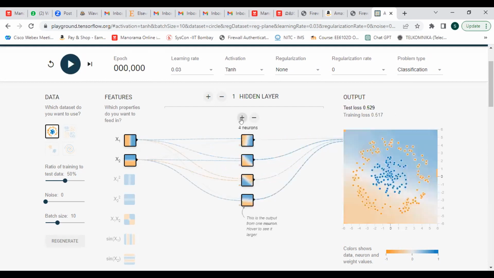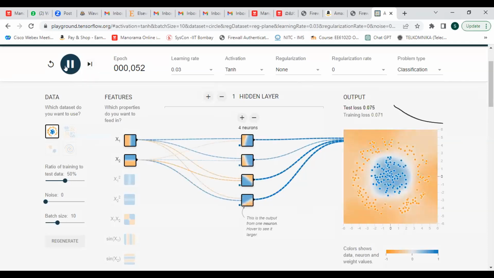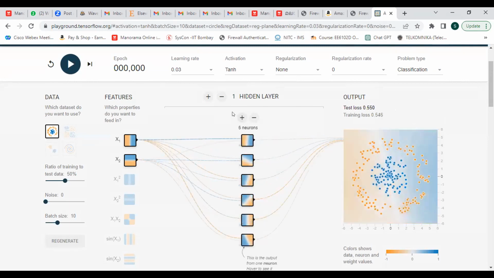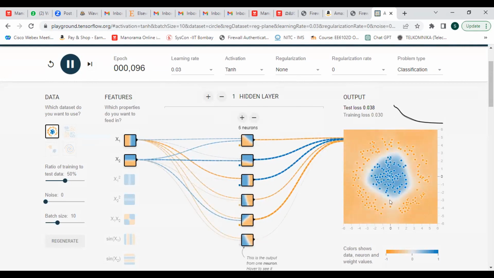If I add one more hidden neuron, then you may get a somewhat different shape, right? Maybe it is now deviating from the triangle shape. It may be going to other kinds of shapes. If you keep adding more hidden neurons, then you can see what shape we get. Yeah, it's almost coming as a circle, right? Still it is not a proper circle.